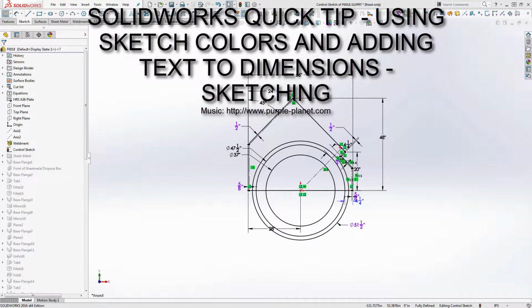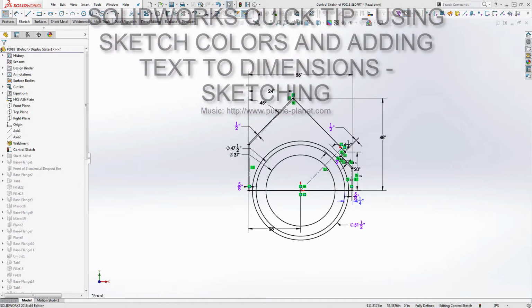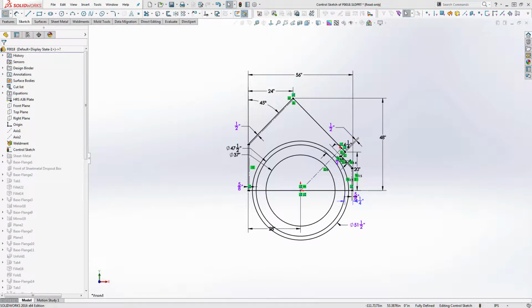Alright guys, this is a SolidWorks Quick Tip. What we're going to cover today are two really simple things. One's going to be using colors in your sketches, and one is going to be adding notes to dimensions. And so what we have here is a part that I'm working on, and